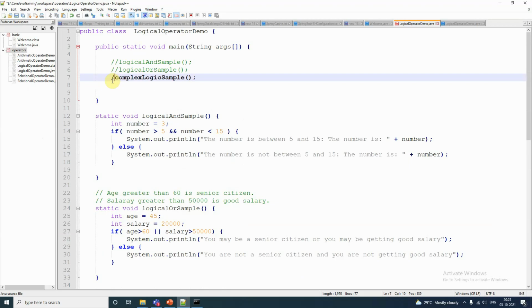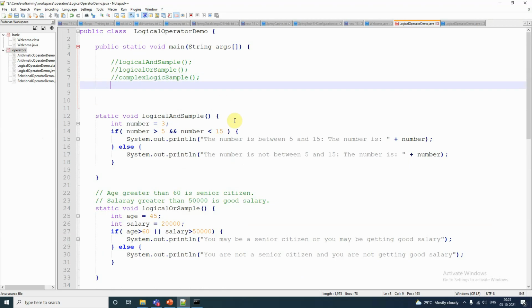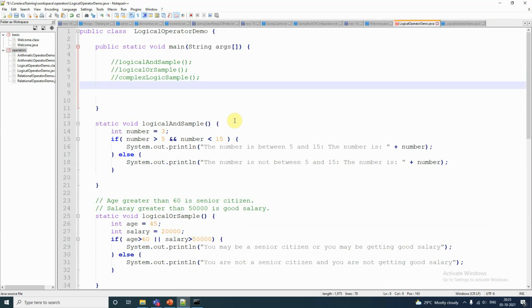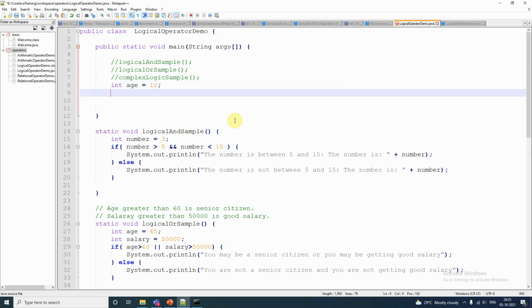Let us assume that int age equal to 10. If age greater than 18,